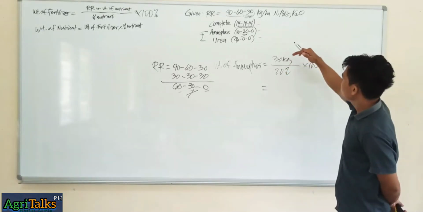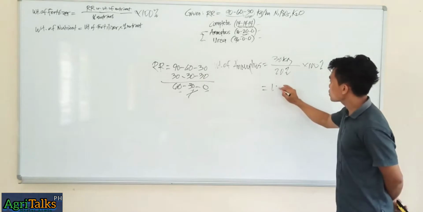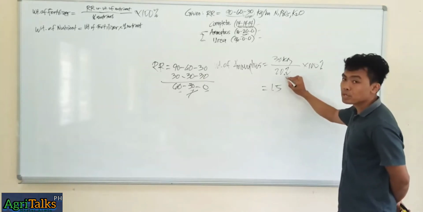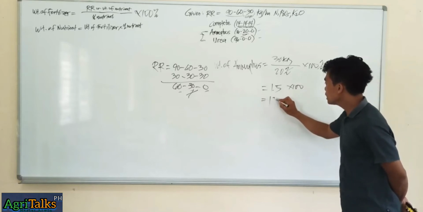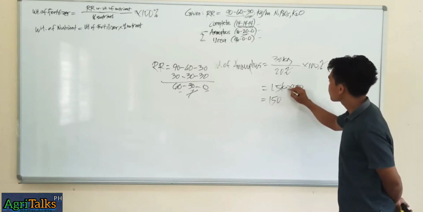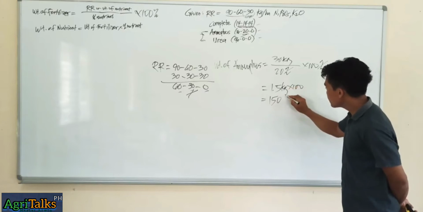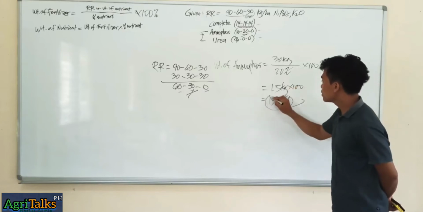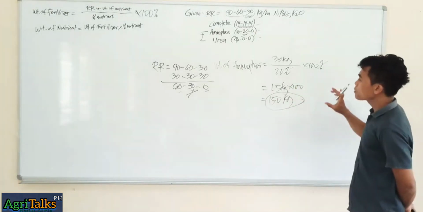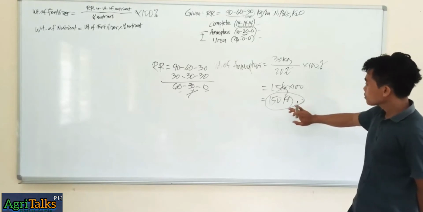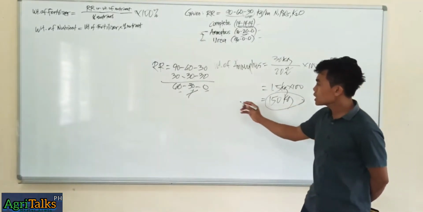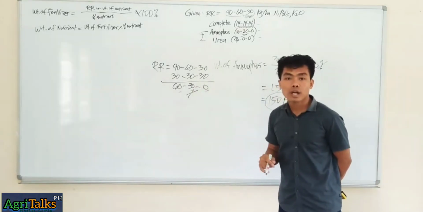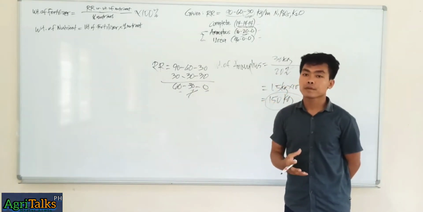So 30 divided by 20 is 1.5, cancel percent, times 100, and that would be 150 kilograms. So we need 150 kilograms of ammonium phosphate to satisfy the 30 kilograms of phosphorus that are needed